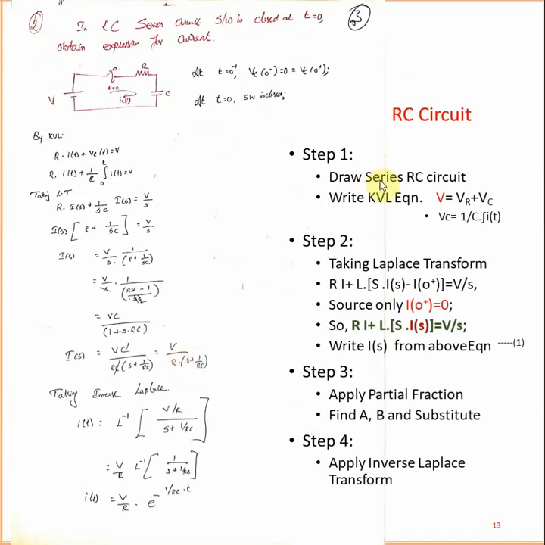Okay, RC circuit, the fourth step has no change. So am I going to change any of the 4 steps? No. KVL, Laplace transform, partial fractions, inverse Laplace transform, no change. Okay, then next one. Does the circuit consist of one switch or two switches? Only one switch. So step 0 is not present. If step 0 is not present, remove this one.